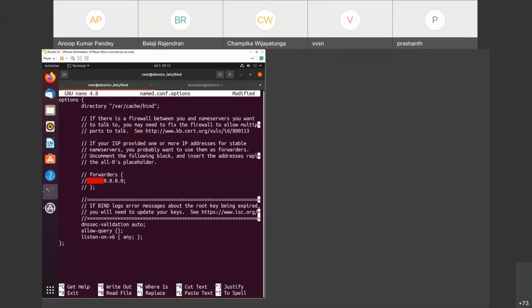But suppose you want to restrict your queriers to only your domain's IP, something in your network which is only for that. So you can specify that like 192.168.0.0 slash 16. So only users or systems from this network will be able to query your DNS server. And for now I will set it to any.